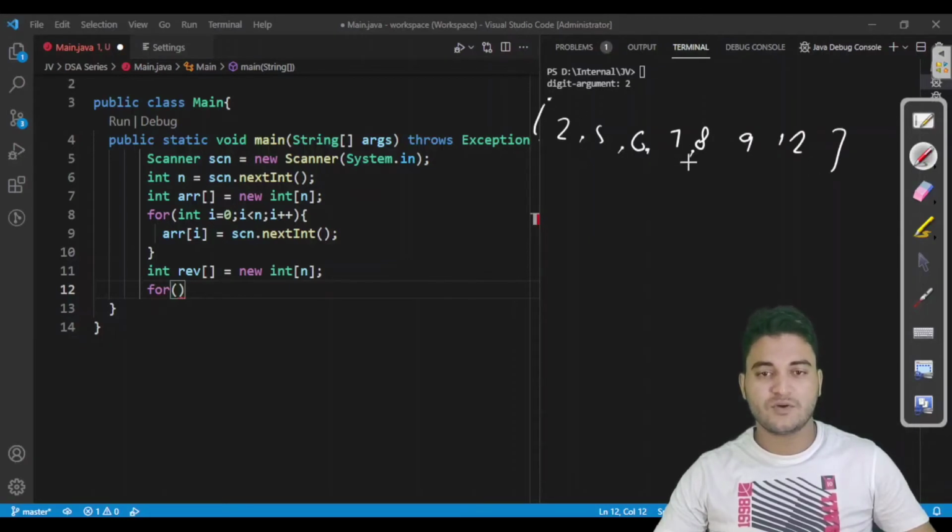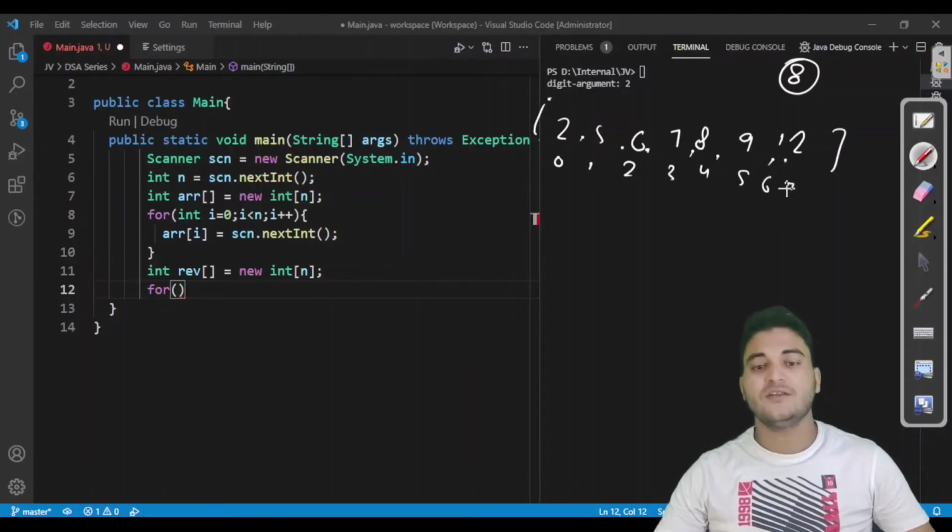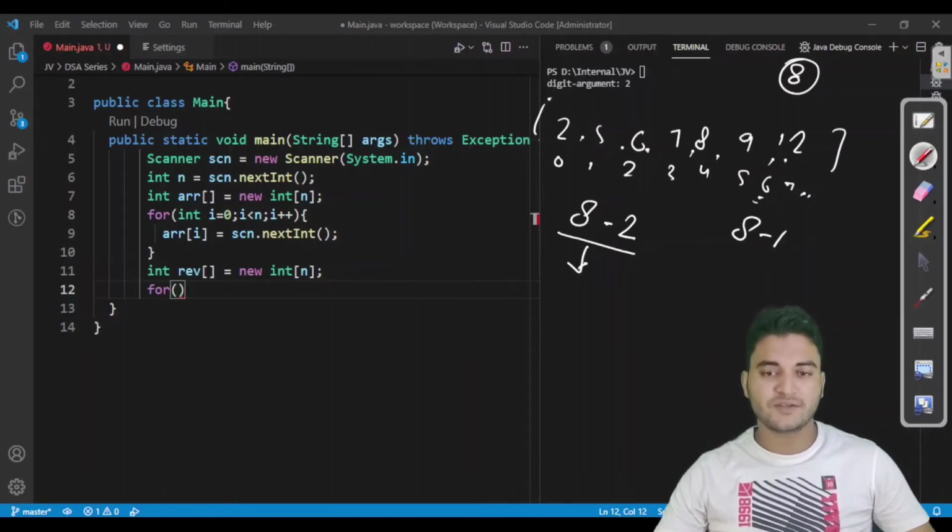Let us put commas also here, and the indexes for this are 0 1 2 3 4 5 6 7. Then you have to start a loop from 6 and iterate your loop till 7. So what you would write here: length is 8 minus 2, so you have to start your loop from 6 and run till 8 minus 1. I think it should work. 8 minus 2, yeah, it should work. Let us see.